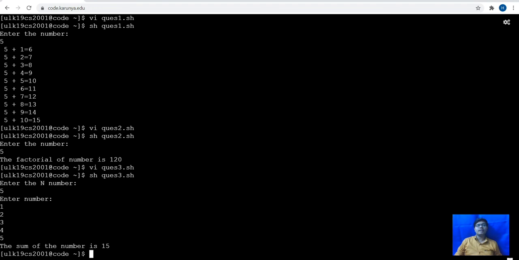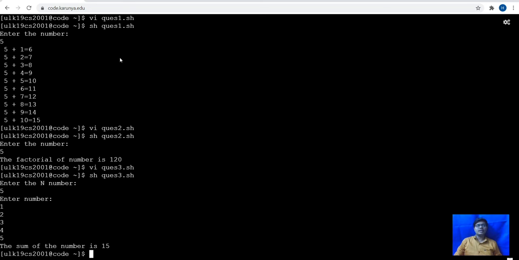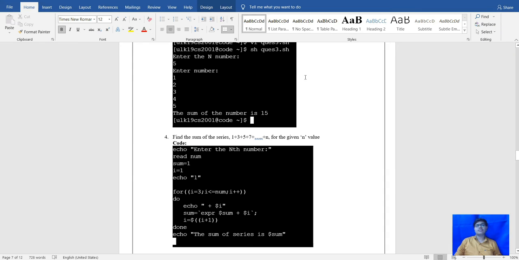For this, it is showing 15, because 1 plus 2 plus 3 plus 4 plus 5 gives us the sum of the numbers, that is 15. So this will be the sum of the 5 numbers for question number 3.